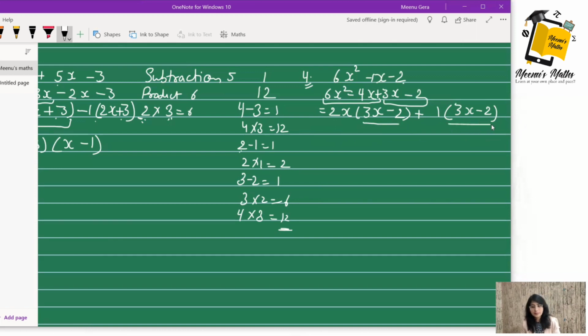At this step, we look at this. There is the same term in the bracket. That means we are doing quite right steps. Take common here, that is in the bracket. And if we are taking 3x minus 2 as common, that means 2x is remained here. And plus from this term, I have taken plus here. And 3x minus 2, I have taken it common. So 1 is remained here. This is the thing. And factorization is done.